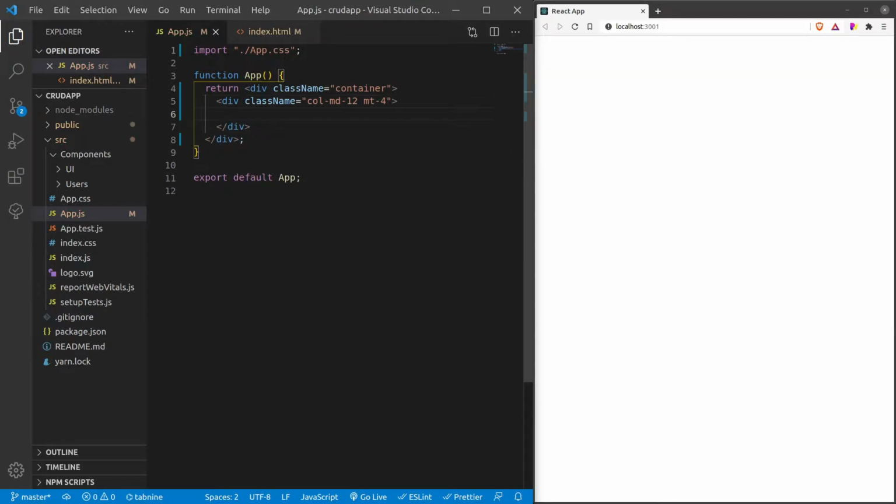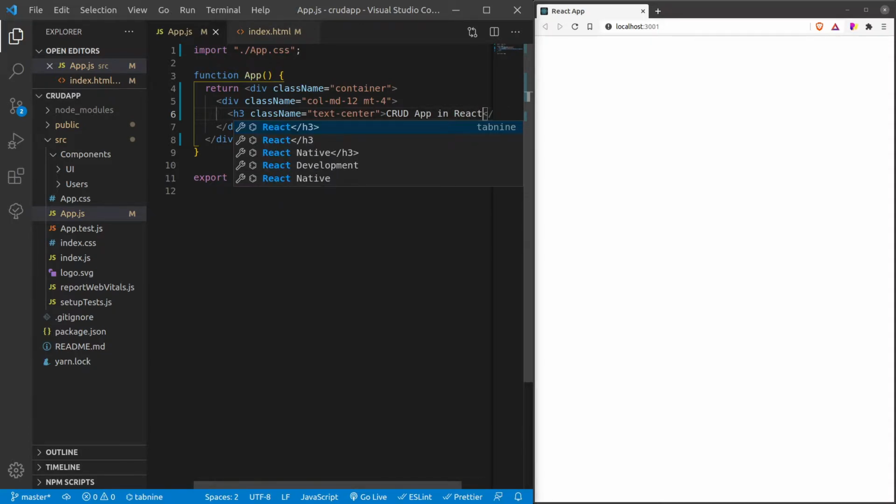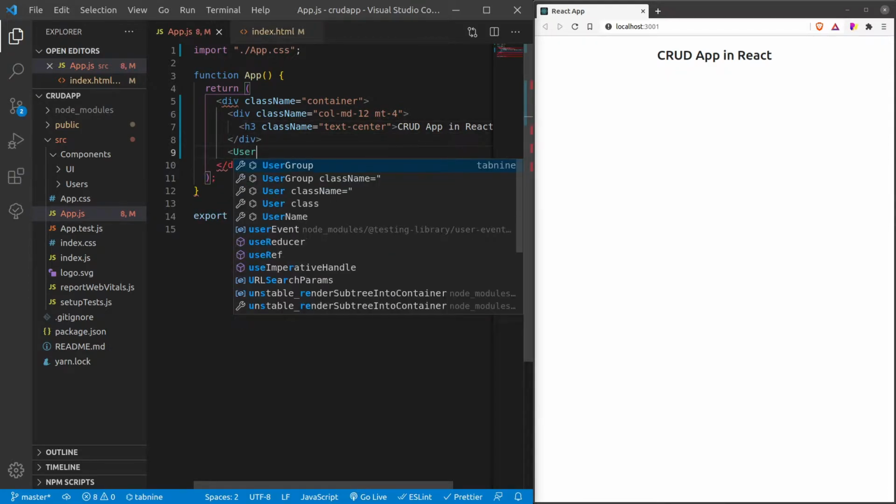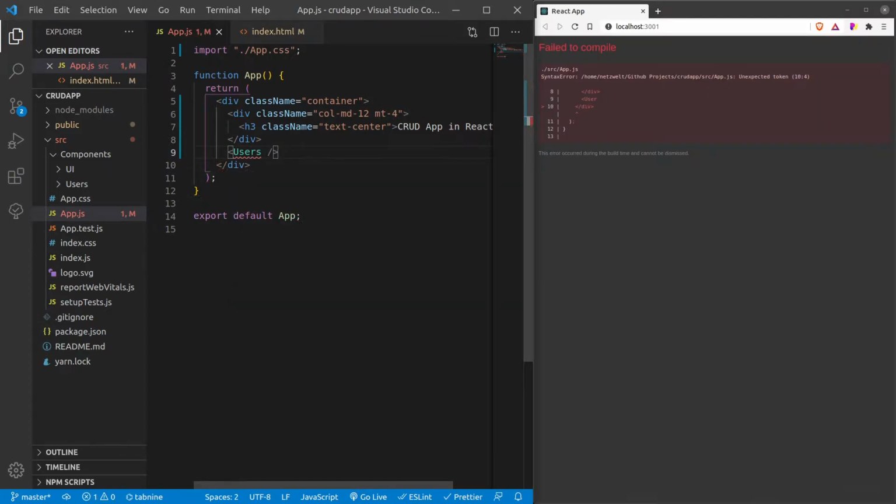Alright, so I have created a column, and inside that column I am just creating a title like CRUD app in React. Alright, and inside this app component I have to include the users component.